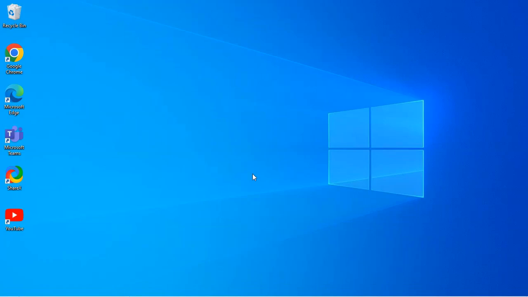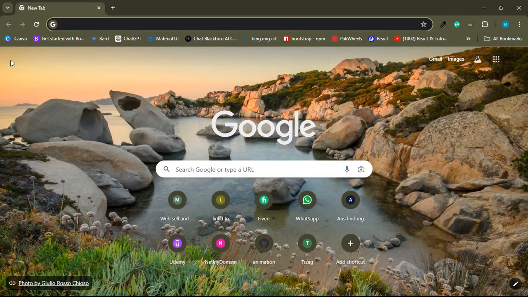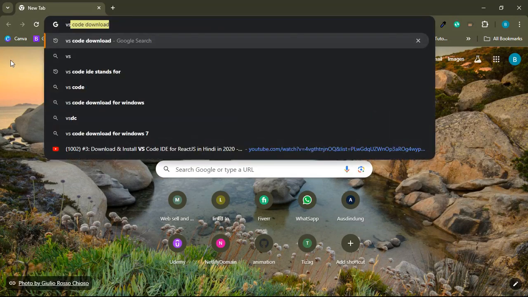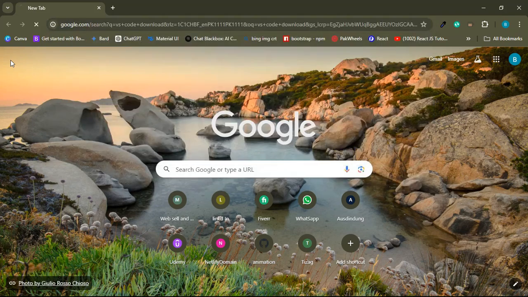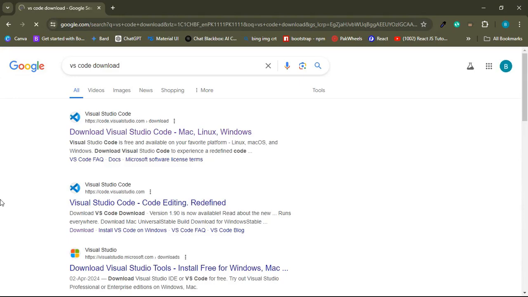Hi guys, in this video we will see how to download VS Code IDE. So first of all you have to open your Google Chrome or any other web browser you have, like Opera or any other. Here you have to type VS Code download, and here you will see the first website. You will have to click here,